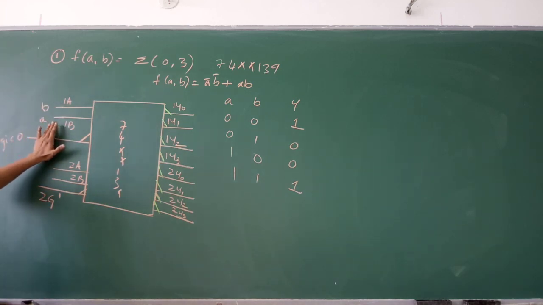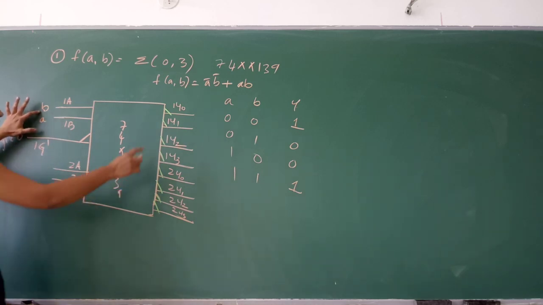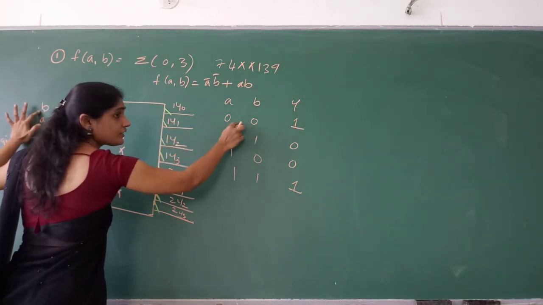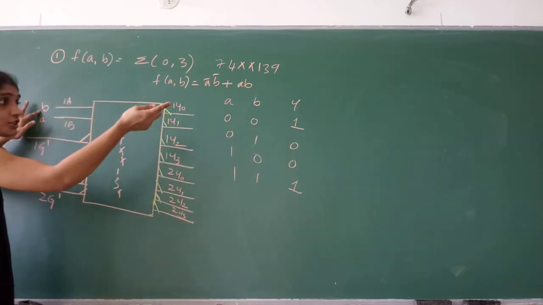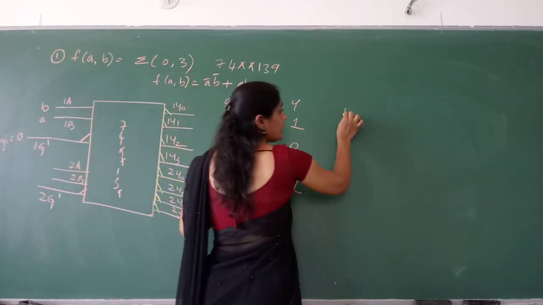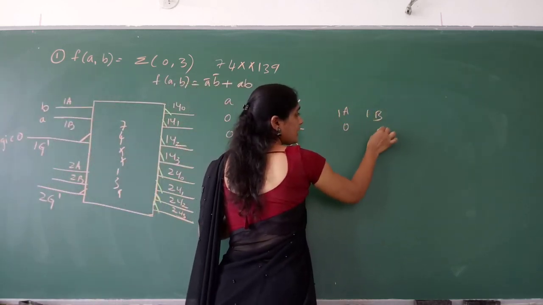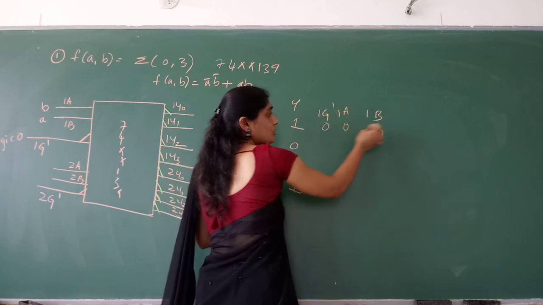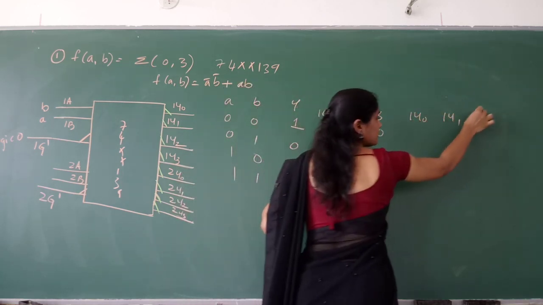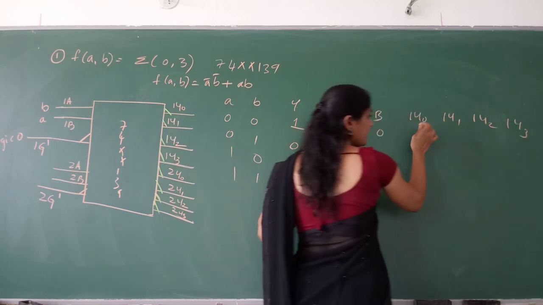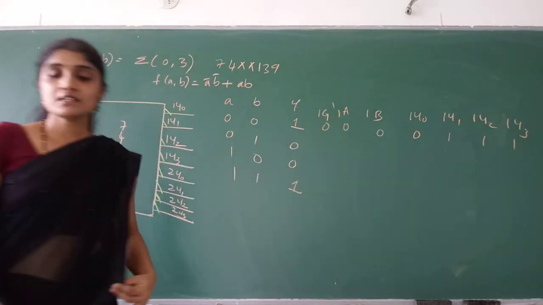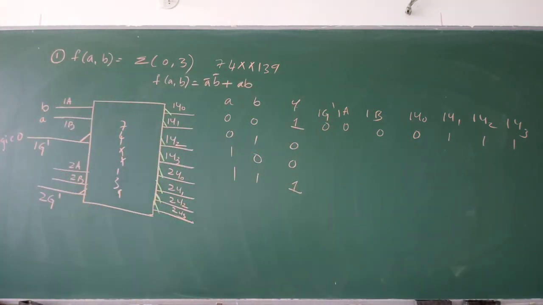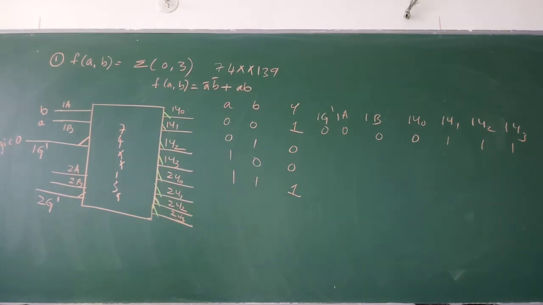Now if I give A, B as 0, 0, how is your decoder going to work? Just refer to the truth table of your decoder. If you give 1A, 1B as 0, 0 and 1G bar as 0, what is your output? Y0 is active. That means Y0 is active, and the remaining outputs are high. Can you see the truth table that I have written there? Yes, Y0 is active, and the other outputs are 1, correct?